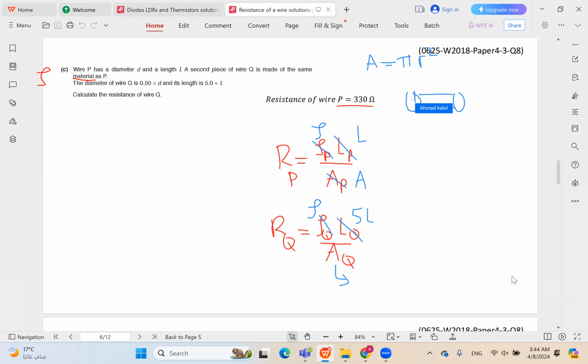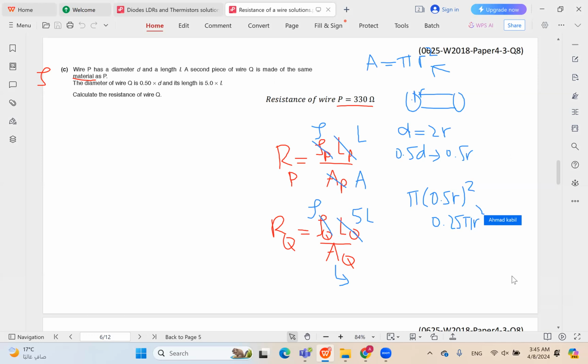So we have here the radius of the circle is r. And in the second wire, we know that it is equal to half the diameter. So the diameter is actually double the radius. So half the diameter just means half the radius. So since the wire has half the diameter of the other wire, it has half the radius as well. If we plug this into the formula here, we get pi times 0.5 r all squared, which is 0.25 pi r squared, which tells us that it's a quarter times pi r squared, or basically a quarter times the area